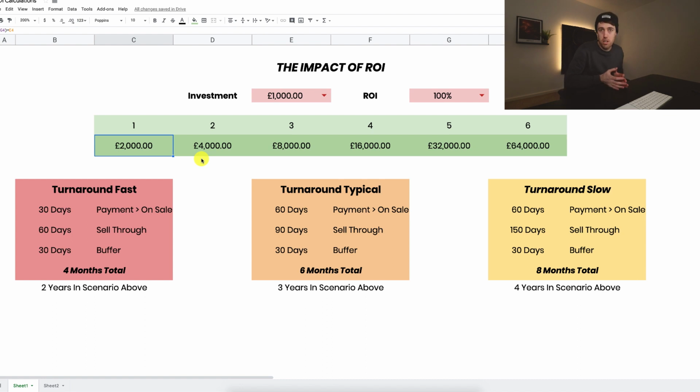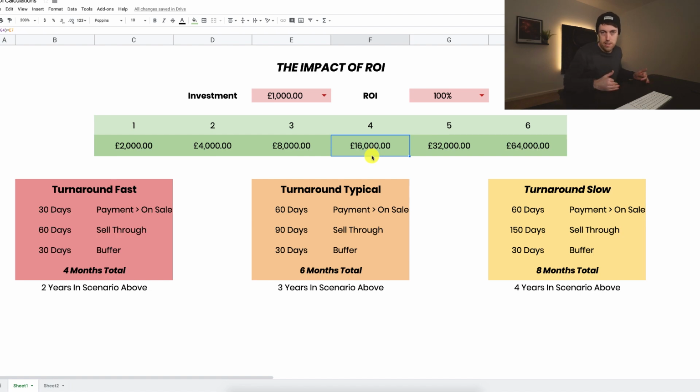And then with that, you're going to be able to buy however many units that is, 500 units, and then sell through those 500 units, which you're going to have spent £2,000 on, but you're also going to make £2,000 on, so it's going to give you a return on investment, right? And so that's going to give you this 4,000. And every time this process in this example would repeat, you would reinvest all that, and the next cycle you'd make 8,000, reinvest all that, the next cycle you'd make 16,000.